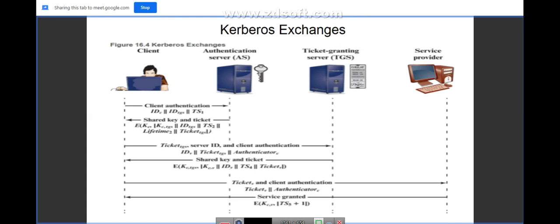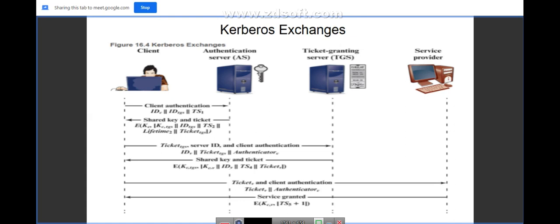Then IDV confirms that this ticket is indeed for server V. And timestamp 4, TS4, informs the client of the time when this ticket was issued. Then Ticket V is the ticket to be presented by the client to access the server V, to access the server using this ticket. Normally we call it TGS in the earlier concept, using which the client can directly communicate with the server.